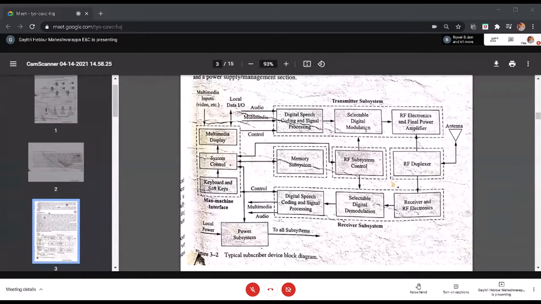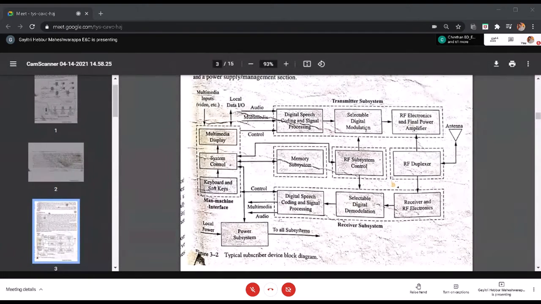So we have a transmitter section. The transmitter section is nothing but we have a DSP. The analog signal is converted to digital. Then we transmit using any digital modulation technique. We amplify the signal and transmit over the antenna. Simply we receive the signal at the receiver, then demodulate it, decode, and convert the digital signal into an analog signal using the speaker. There we are using a microphone and we are using a speaker.